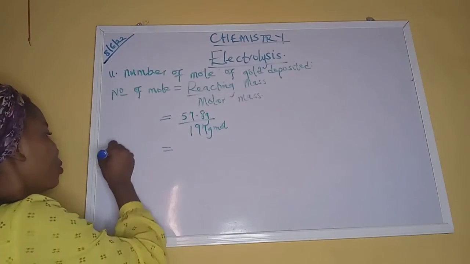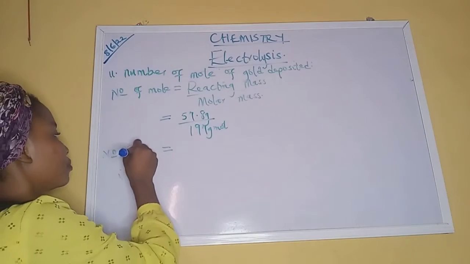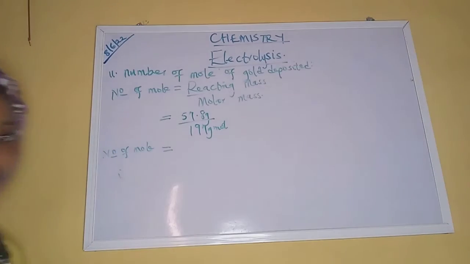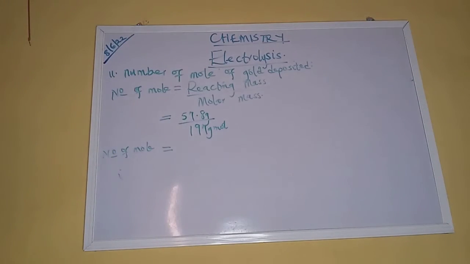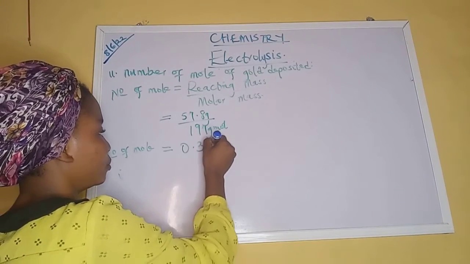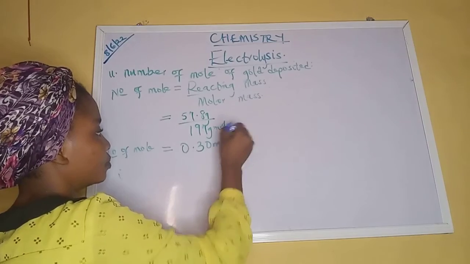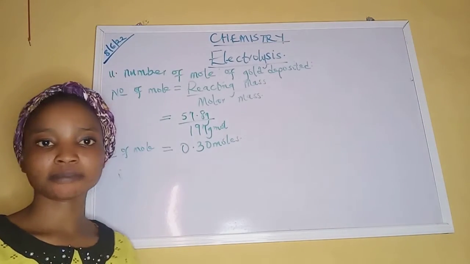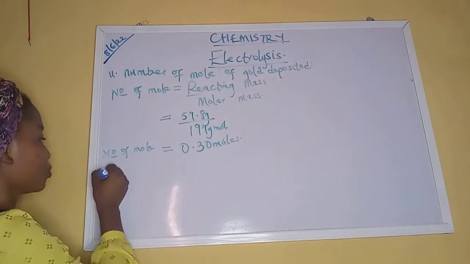Therefore, the number of mole will be 0.30 mole. Are we getting it clear? So let's move to the third question